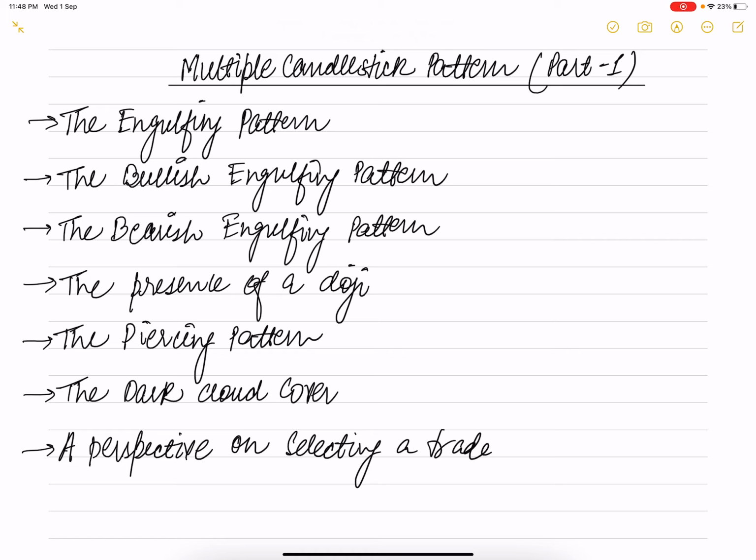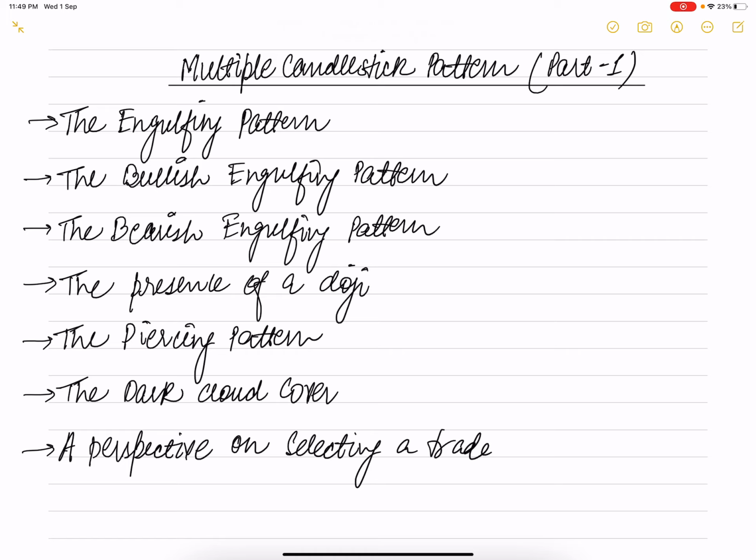Keeping this point in perspective, assume a situation where the ICICI Bank stock forms a piercing pattern and the HDFC Bank stock forms a bullish engulfing pattern. Naturally, one would be tempted to trade the bullish engulfing pattern. However, if the HDFC stock satisfies 3 checklist points and ICICI Bank satisfies 4 checklist points, I would go ahead with the ICICI Bank stock even though it forms the less convincing candlestick pattern. On the other hand, if the HDFC stock satisfies 4 checklist points, I will go ahead with the HDFC Bank trade.